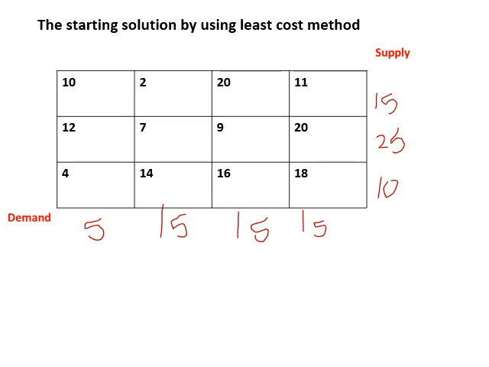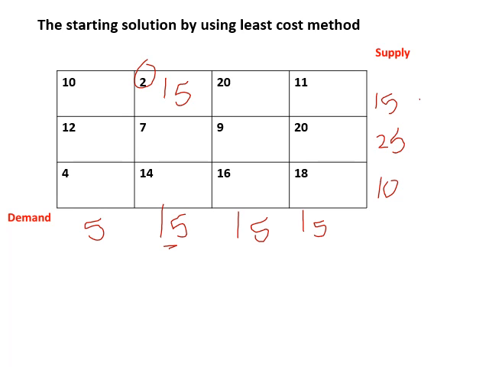From its name, least cost, we seek the cheapest cost for shipping the values from source to destination. Here, if you look at the table and the costs inside the cells, you find that the least cost is in the cell which is 2. So we will begin with this cost. The associated demand and supply for this cost is 15 and 15. So we will take the value which is less,